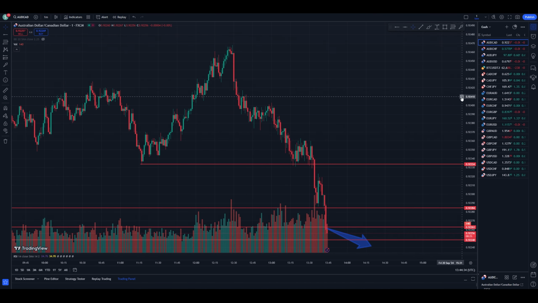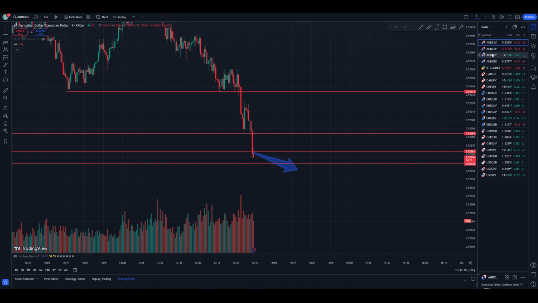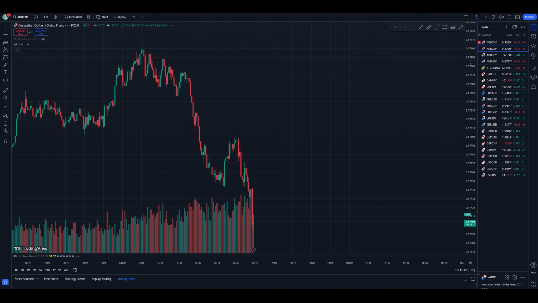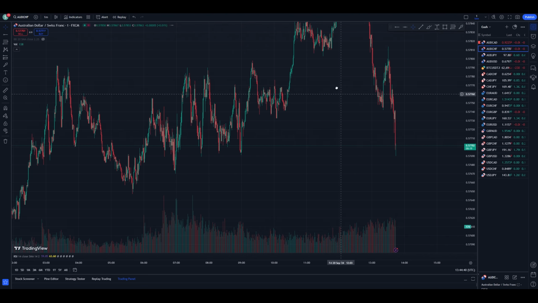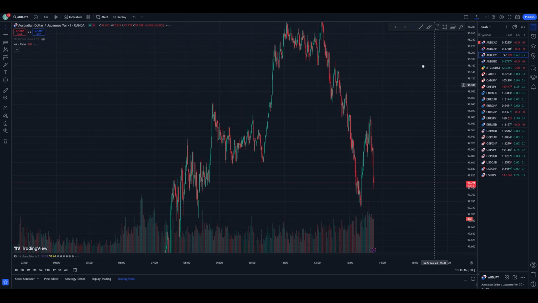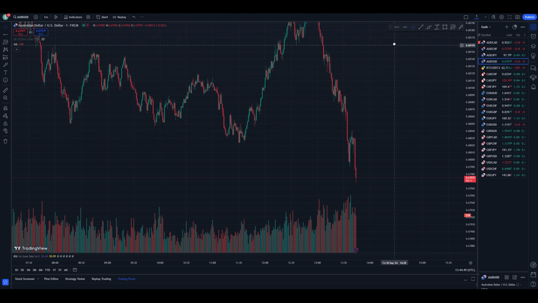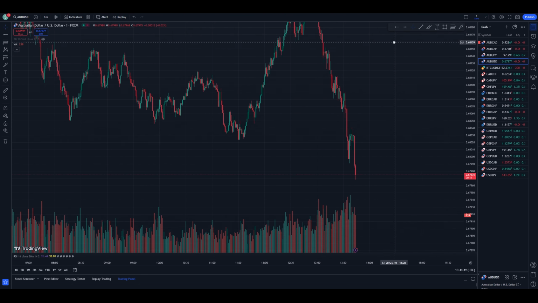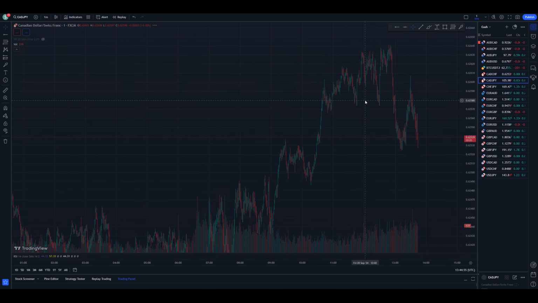Moreover, there is only one last level left, and after that the price may either drop further down or go into a correction. Let's take a look at other currency pairs. The Australian dollar and Swiss franc also look interesting. They are also hitting a level and we might work with it later. The Australian dollar and the regular dollar also look good, and other currency pairs look quite interesting as well.